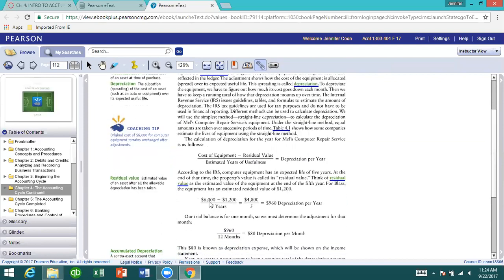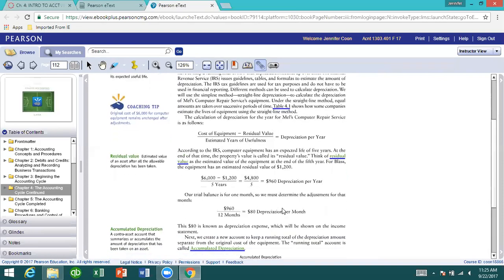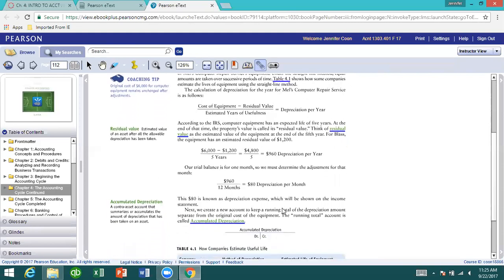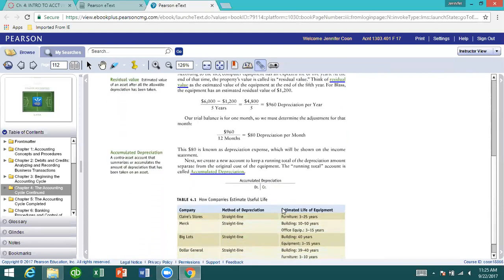So they came in and said the equipment was $6,000. It was going to have a residual of $1,200. That left us with the amount we can depreciate of $4,800. Divide it by 5 years, and it comes out to $960 per year is what we're going to use up of that fixed asset. Now, to do the journal entry and to record it, we come in and